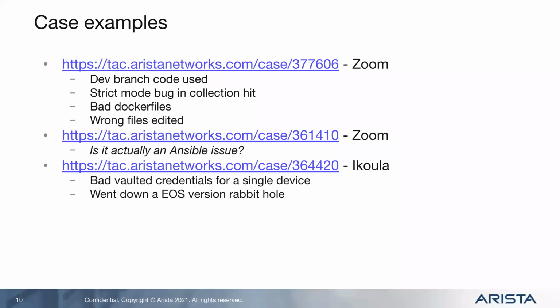Because of that Docker file issue, they were also pulling in a dev branch that we had merged 6 months ago, because originally they were trying to work on a CVP bug when the 3.0 collection was not released yet. So they had never updated their Docker files after we merged that code. And so they were pulling in old and buggy code still, things like that. So when you see some of these cases, it's not always just about troubleshooting Ansible. It can also be about troubleshooting the environment around Ansible. And that's where things can get kind of tricky in what we will and won't